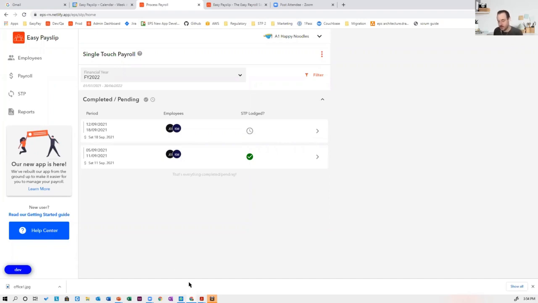Now, what I'd like to do is see if I can just very quickly show you how this looks on a mobile. So just bear with me a moment.